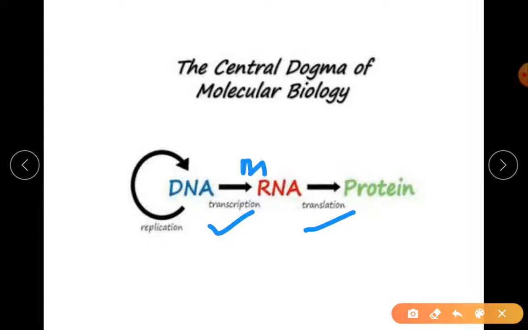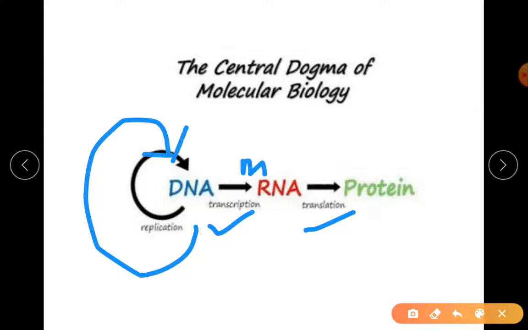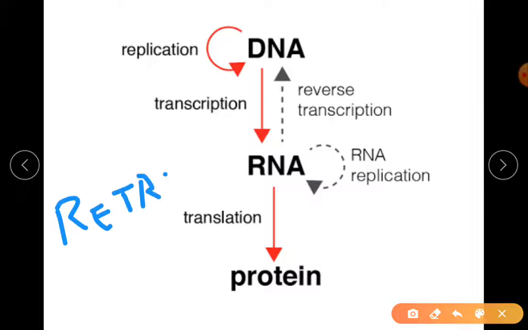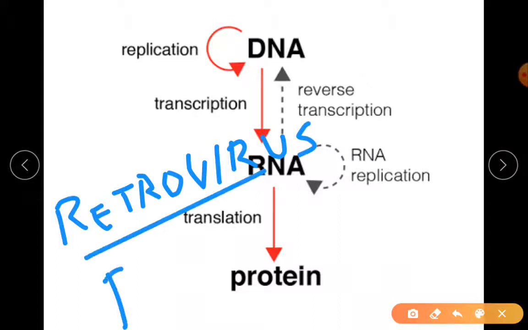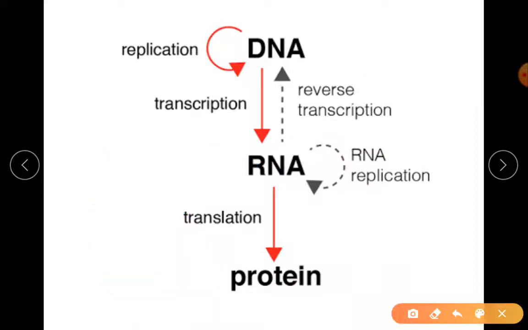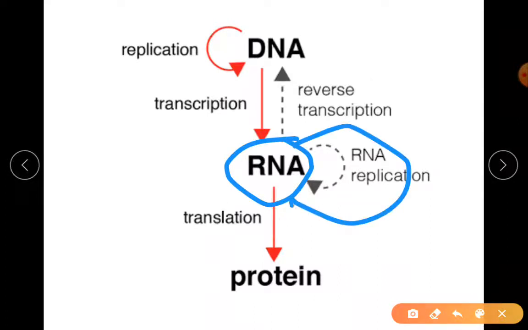You remember the S phase of cell division, where DNA replicates, doubling of DNA. That is called DNA replication. Now I'm going to one more place. You know something called retroviruses. If you recall retroviruses from your first PUC chapter. Retroviruses are RNA viruses. Remember, retroviruses have RNA in them, no DNA. So if they have to multiply, they will multiply from RNA. So this is called as RNA.